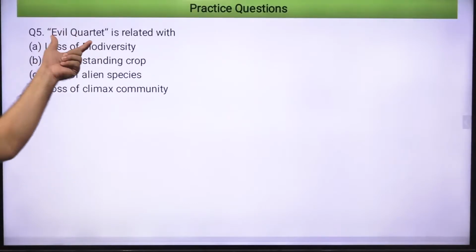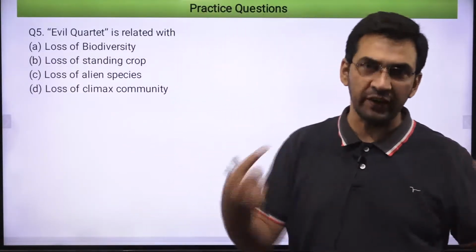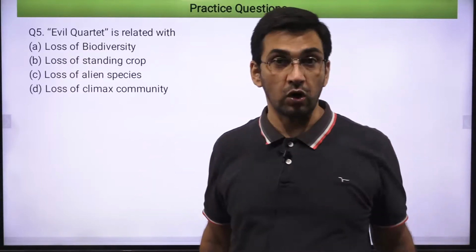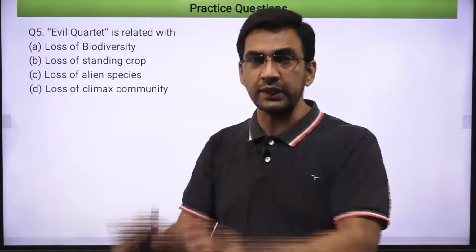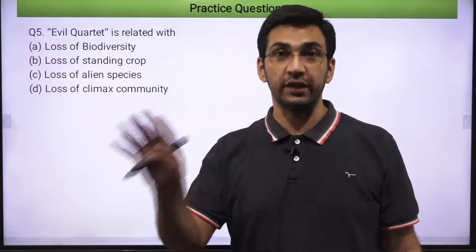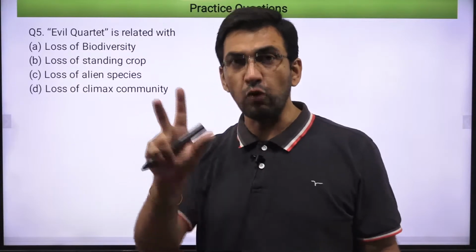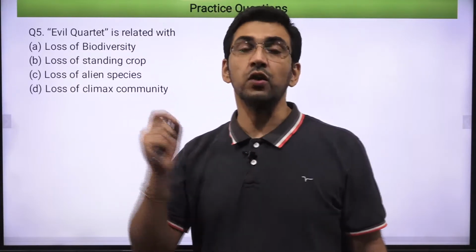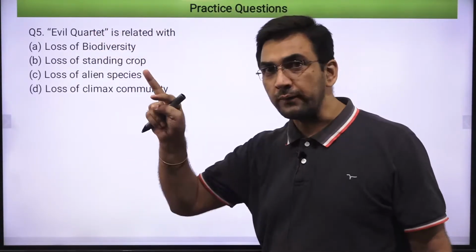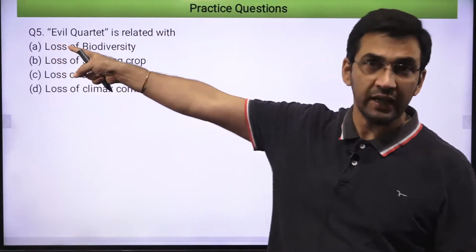But before that, these are the 4 major causes of the loss of biodiversity. Because of our different actions, we are influencing the ecosystems, and since we are damaging the ecology through our activities, obviously the biodiversity is decreasing, or you are reducing that biodiversity through your actions, right? So there are 4 major reasons that have been outlined for the loss of biodiversity. This evil quartet is basically those 4 major causes. Since they are leading to the decline in biodiversity, that is why we are calling them evil, right?